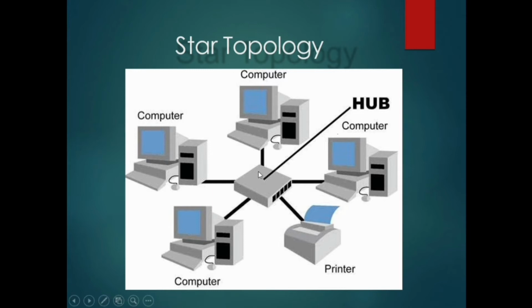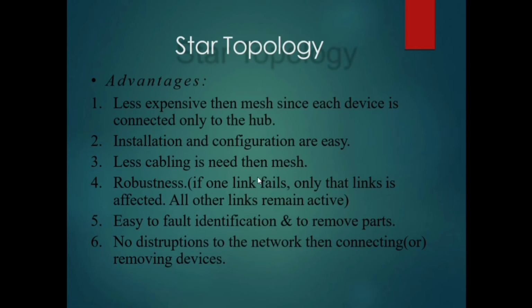Here you see this one is the hub, or we can put a server here. This server will connect every PC and peripheral device, like printer, computer, laptop and any other devices, together with this hub or central server so that the star topology will form. The shape of this topology is like a star, so we call it star topology.